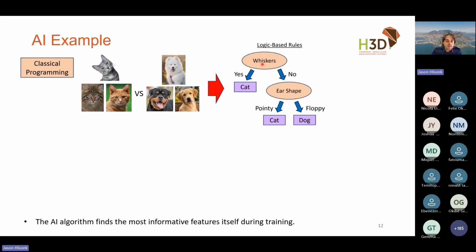Just as a dummy example, maybe I would first look at something like whiskers, which tend to be quite well defined on cats, but dogs do have whiskers too. So even this isn't perfect. Maybe then, if it doesn't work, I will have to look at some other type of feature that I can understand and design, and eventually get some sort of classification of these two.